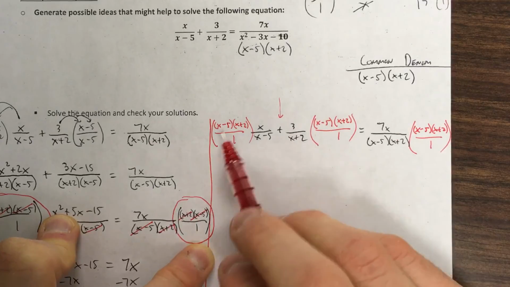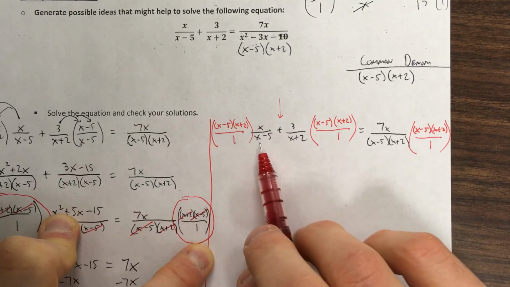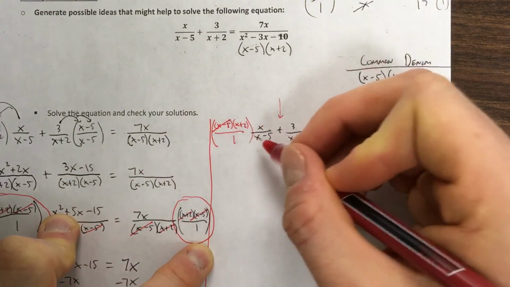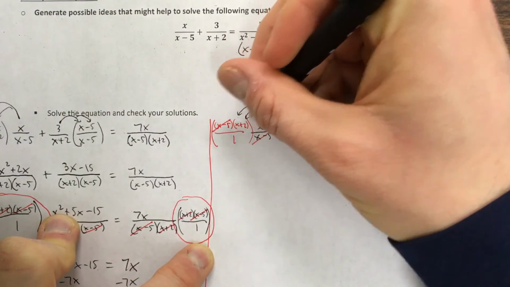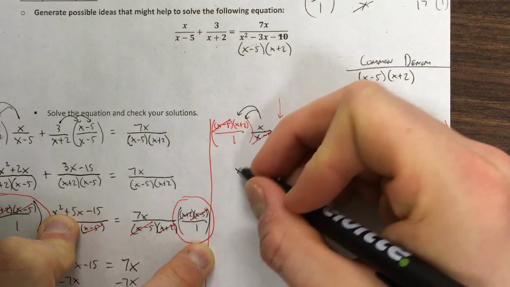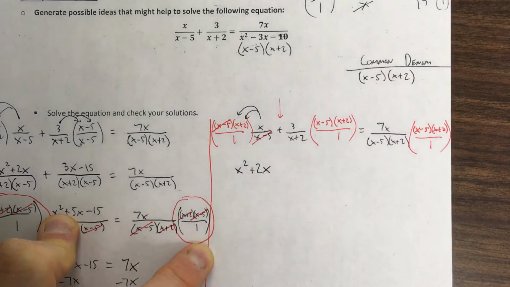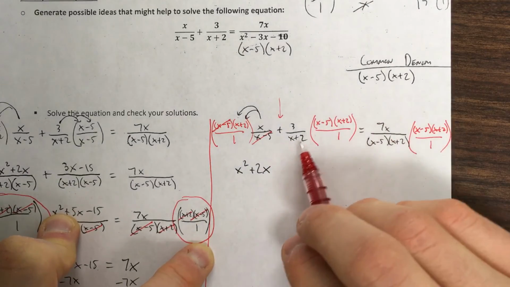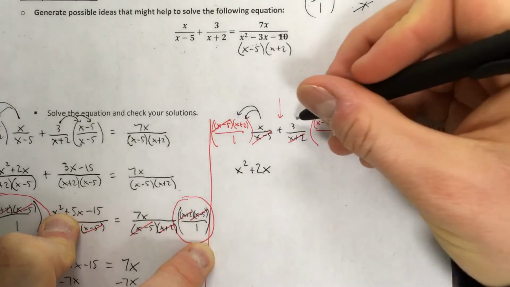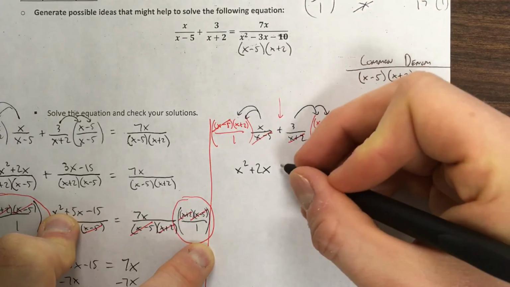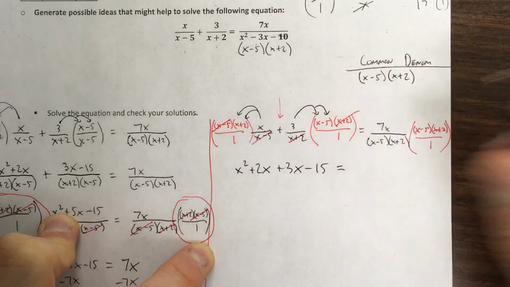Now hopefully we notice something. Here, if we look at this fraction, we have an x minus 5 and x minus 5. Those would go away. We can distribute our x here. x times x would give us x squared. x times 2 would give us 2x. Here in this term, the x plus 2's go away. So now we can distribute the 3 to the x and the negative 5. So we would have plus 3x minus 15 equals,